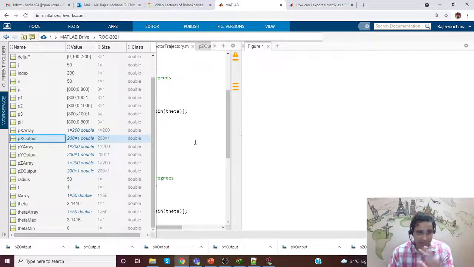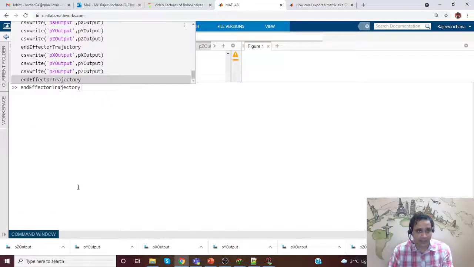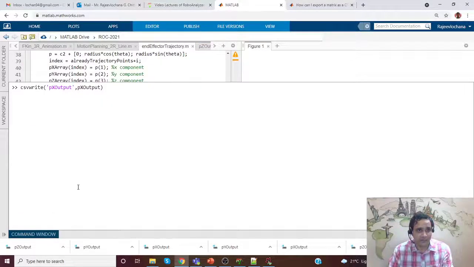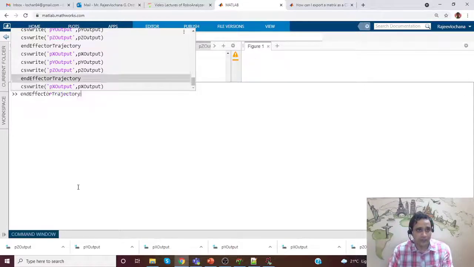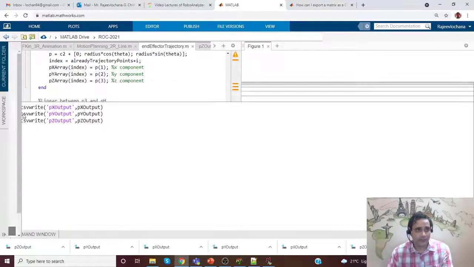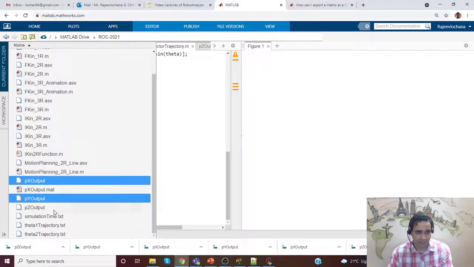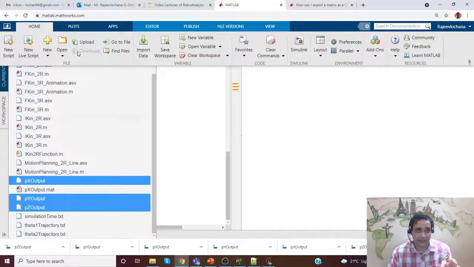Finally let's do it one last time before I wrap it up. So we have the px, py, pz output. Again, I'm going to use px output, py output, and pz output. I'll just try to do it one last time. Again, whatever we do have some reason for it not to work.